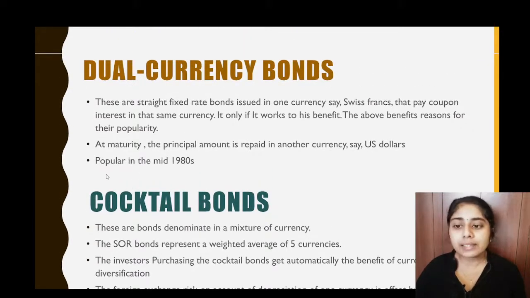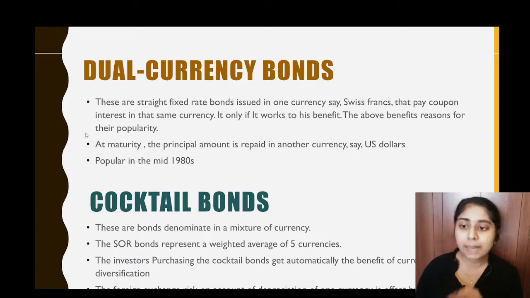These are straight fixed rate bonds issued in one currency, say Swiss franc, that pay coupon interest in the same currency. At maturity, the principal amount is repaid in another currency, say US dollar. So dual currency bonds are bonds with a fixed rate of interest, where the interest will be paid in one currency, but at the time of redemption the principal amount will be paid in another